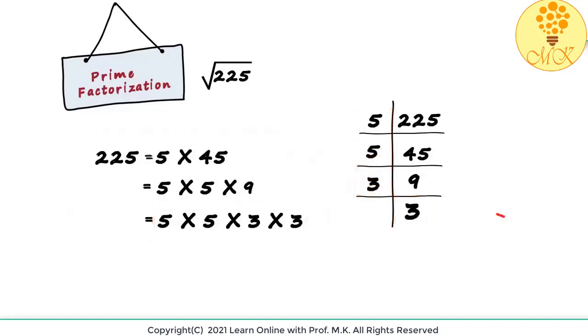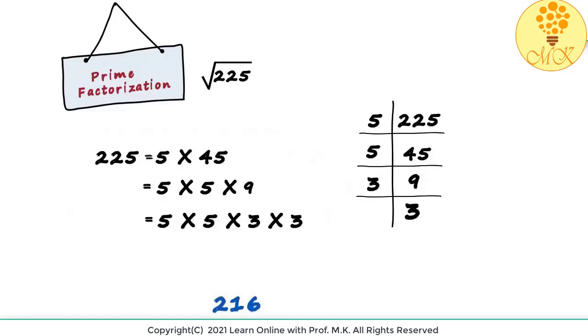Why do I say this method is faster? Look at the first 5 in this method. We continue to write it every step. Then we repeat the 5 times 5 we got in this step in the third step. Many of the numbers are repeated in every step, and hence there's a bit of redundancy. If you really want to know how tedious this method can get, try reducing 216 into its prime factors.